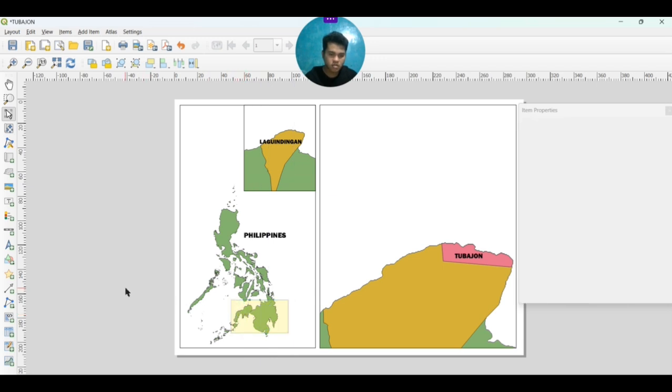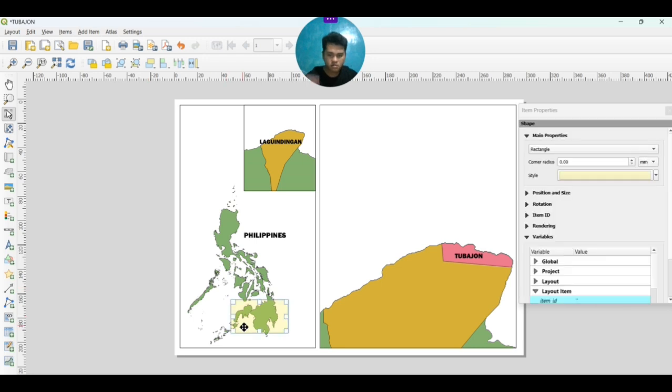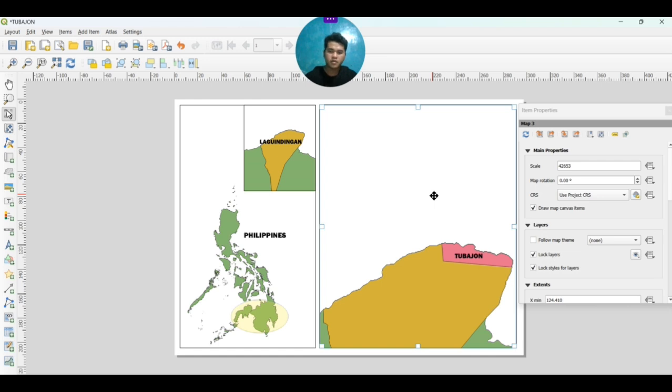I want to change the square shape into an oval shape. Just click again for the properties, and then change the rectangle to that one. So it's already an oval shape.